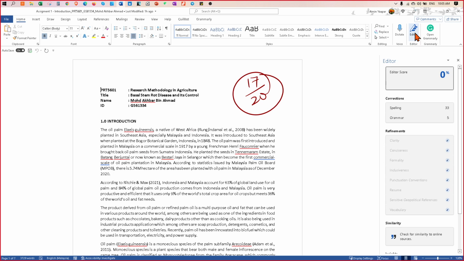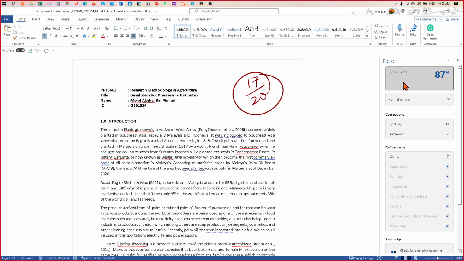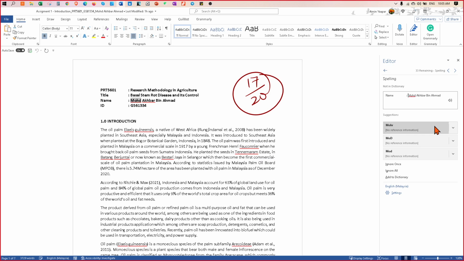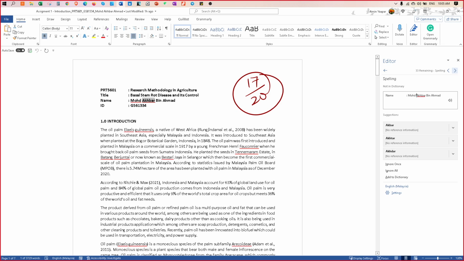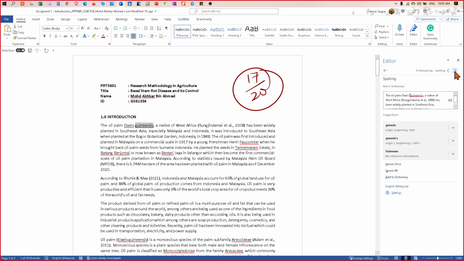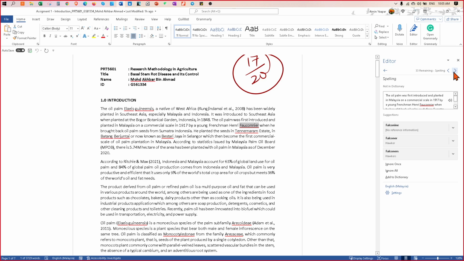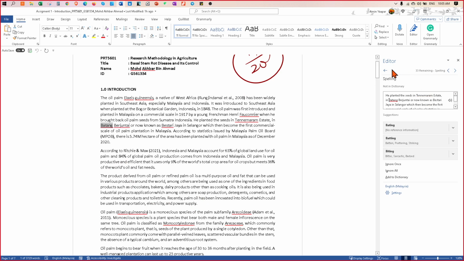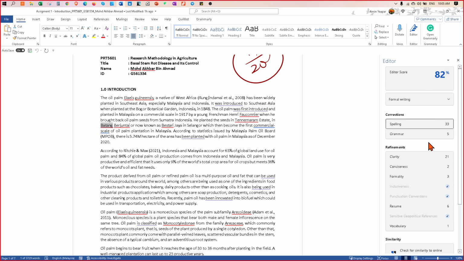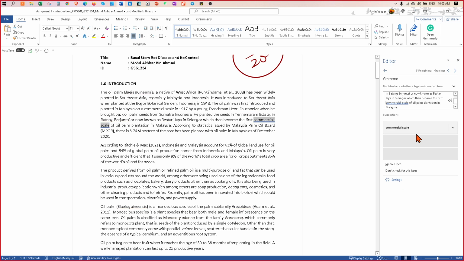Oh, this editor. So if you turn it on, you can get all this scoring, but it's not very user friendly like Grammarly, but you can still use it to check. It will check one by one what seems to be the issue. But you need to press it one by one. And then the grammar, you click the grammar here.